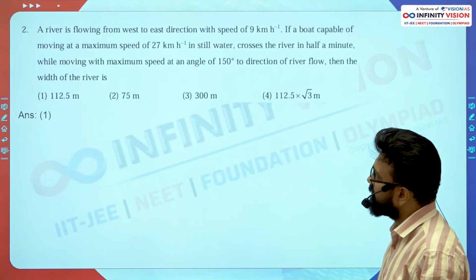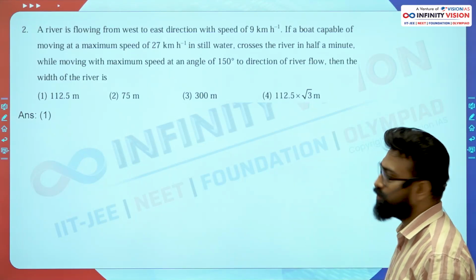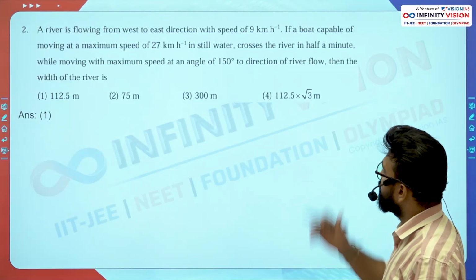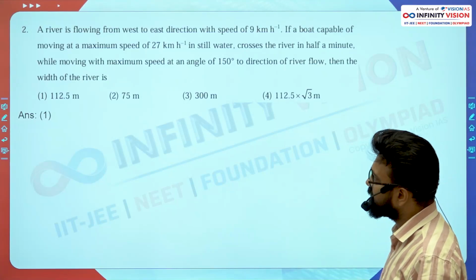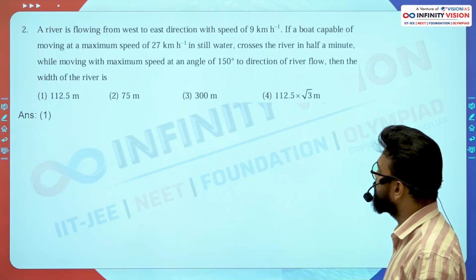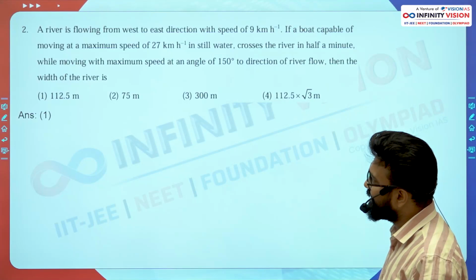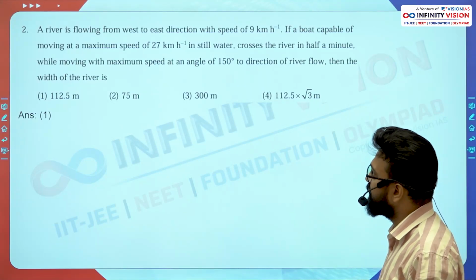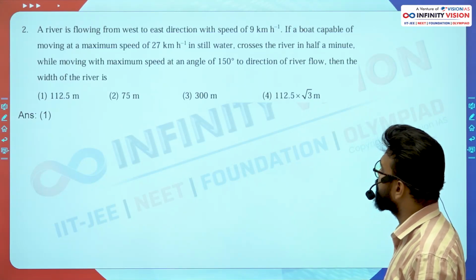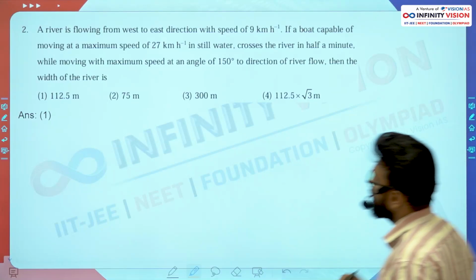As you can see, a river is flowing from west to east direction with a speed of 9 km per hour. So the river speed is already given to you. If the boat is capable of moving at a maximum speed of 27 km per hour in still water, and it crosses the river in half a minute while moving with maximum speed at an angle of 150 degree to the direction of flow, then the width of the river is. So the question says you have been given